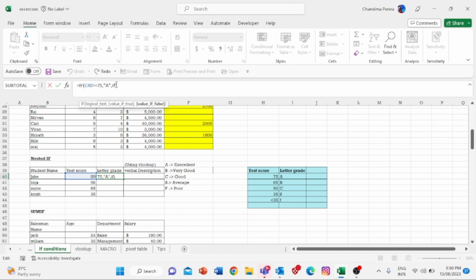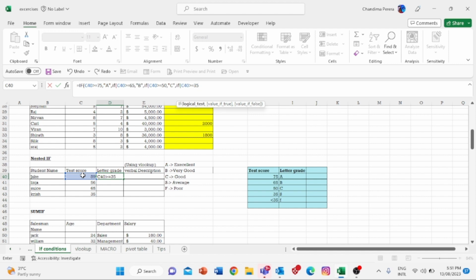I'm going to continue this, open bracket, your cell value, this test score greater than or equal 65, then your grading score will be B. Again another if condition, then comma, if, open bracket, your test score greater than or equal 50, then you will get letter C. Then I'm going to continue my if condition again, comma, if, open bracket, your test score greater than or equal 35,